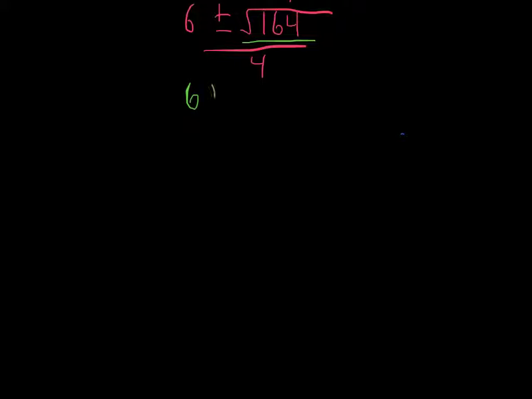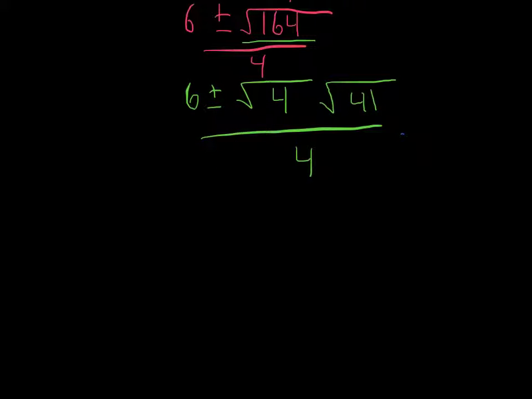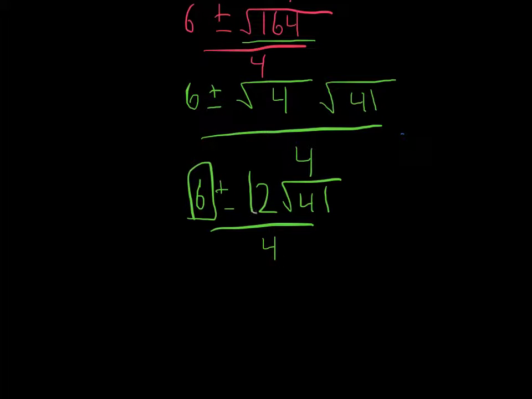So we still have the 6, and then we can go square root of 4, square root of 41, because 4 times 41 is 164, and then we can take the square root of 4, it's 2, so we have 6 plus 2 times the square root of 41 over 4. Then these are all divisible by 2, so we are left with a final answer